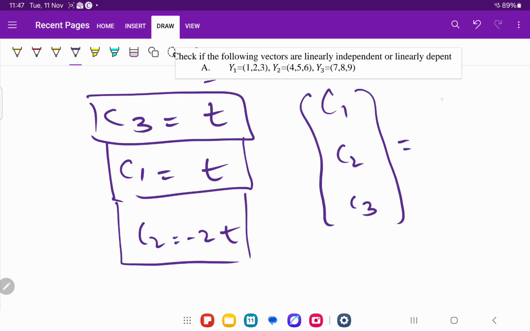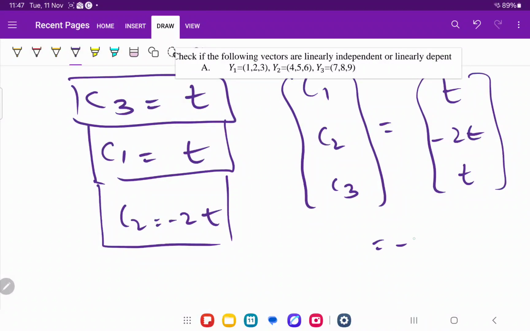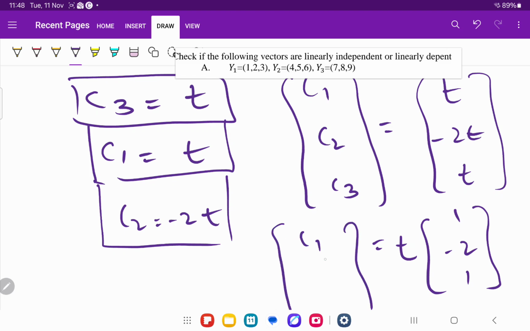t, minus 2t and t, and answer is t should be outside, 1, minus 2 and 1. Okay, so we have found the value of C1, C2 and C3. Values are there. Now